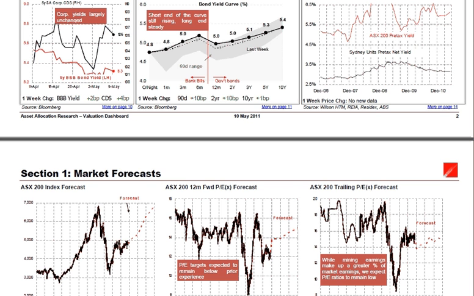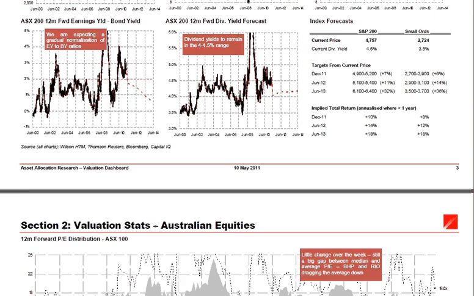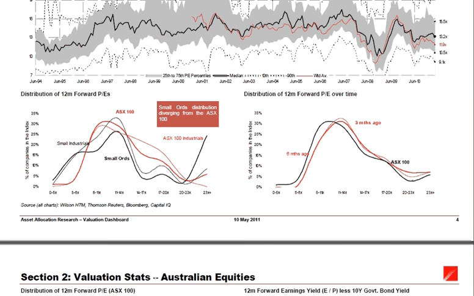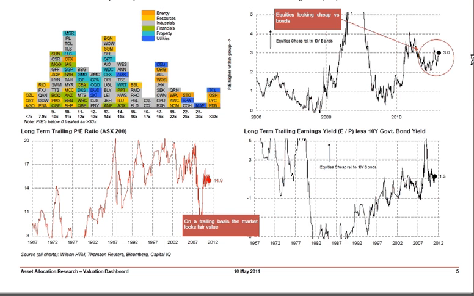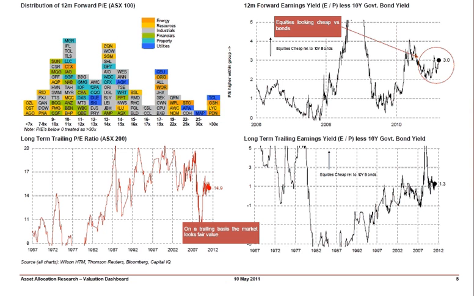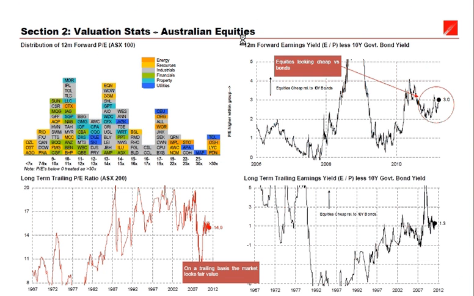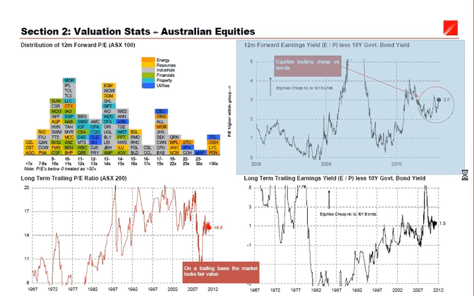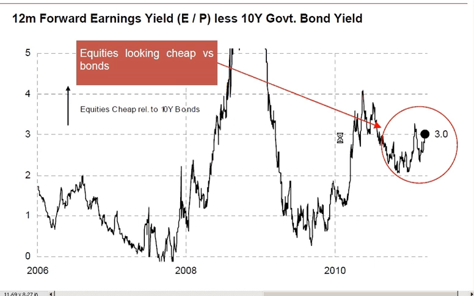No real news in the property markets this week, so won't focus too much on that. The forecast, the Aussie equities piece, it's worth noting as well when you hit the 12-month forward earnings yield versus bond yield, so basically an inverse of the PE versus the bond yield. We like to use this as a bit of an indicator of when equities are cheap relative to bonds and when's a good time to get in.